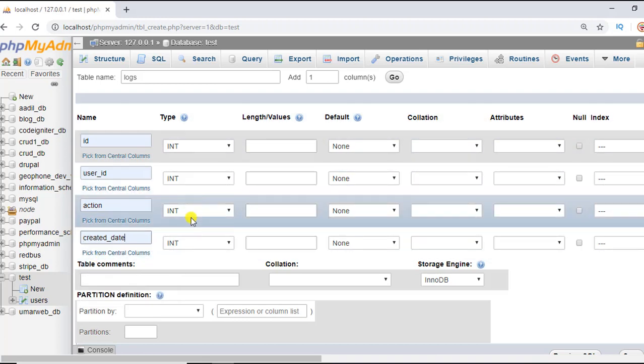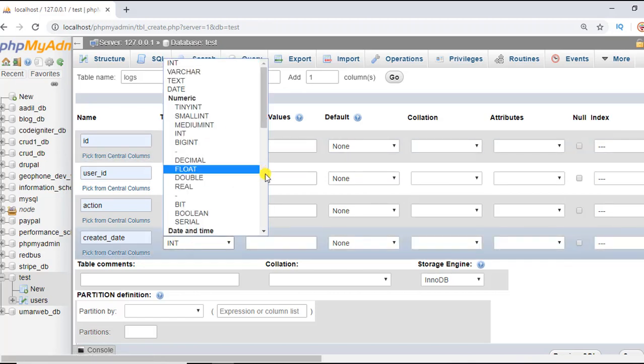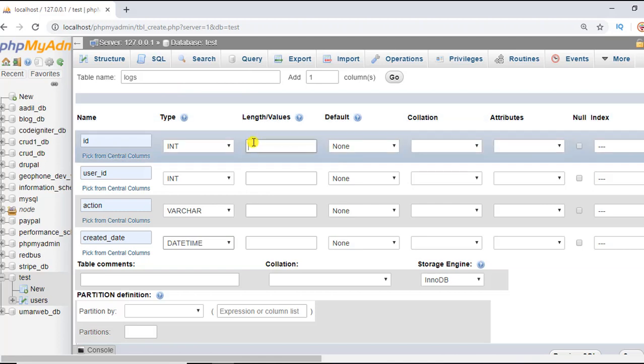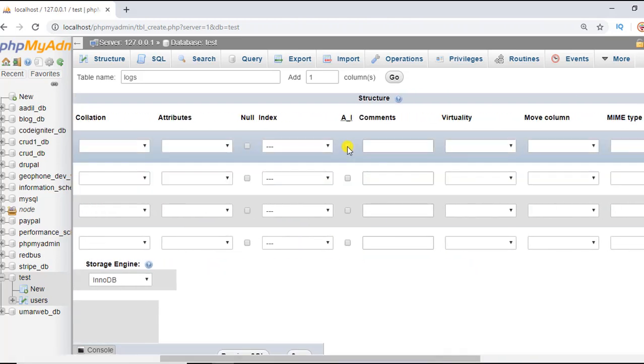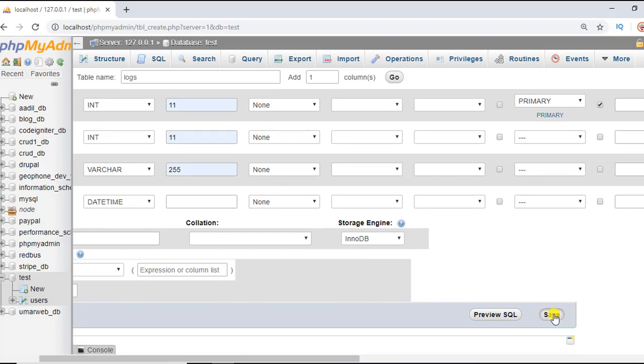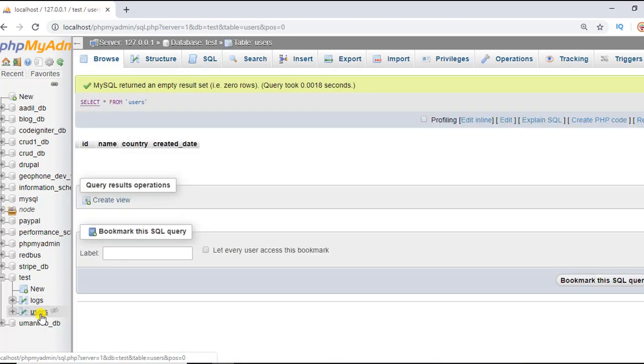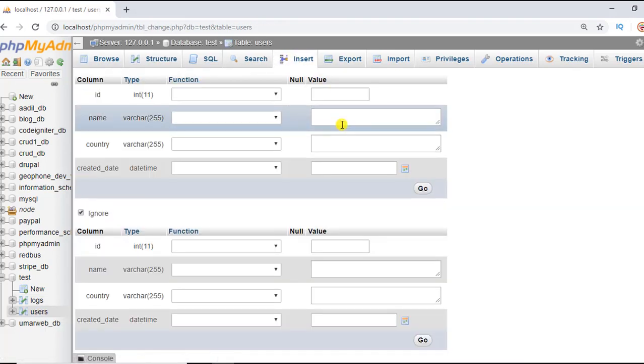Again we have int, action is varchar and created date is datetime, and length is again 11, 255, and one more thing, ID is auto incremented as well as primary key. So finally we have to click on save. So now we are ready with two tables, logs as well as users. So we have to create the triggers inside the users table. For example, I am inserting a record into the users table,